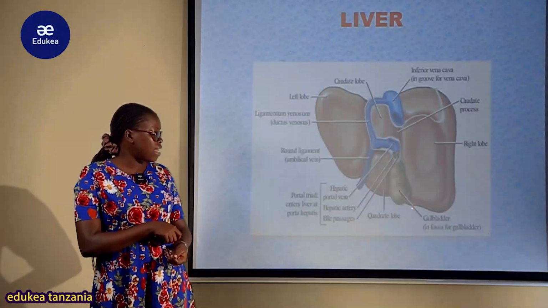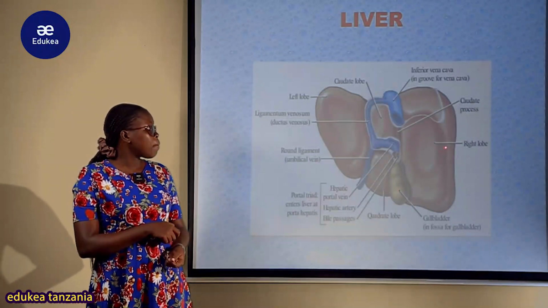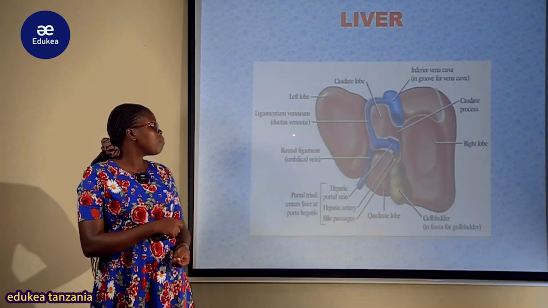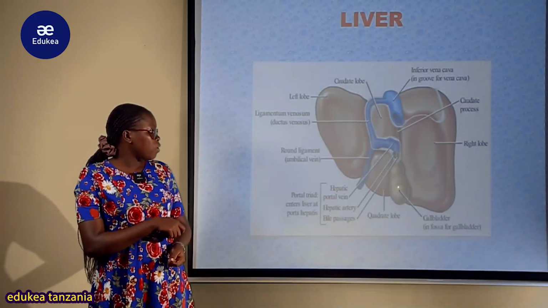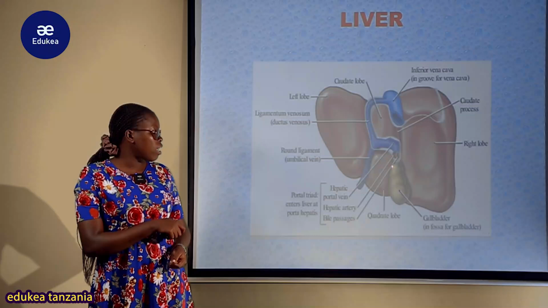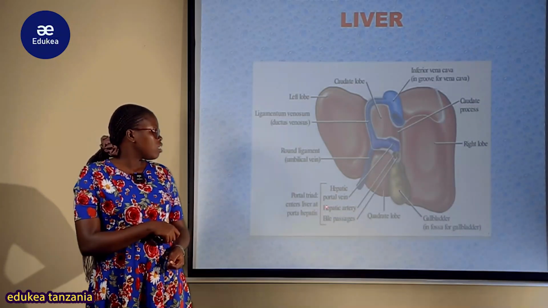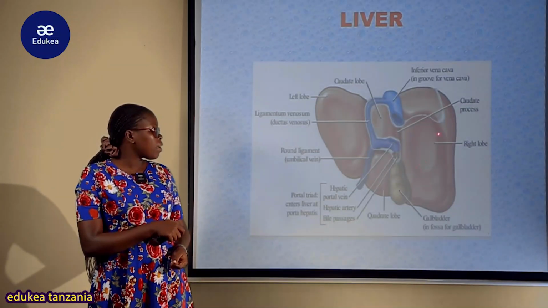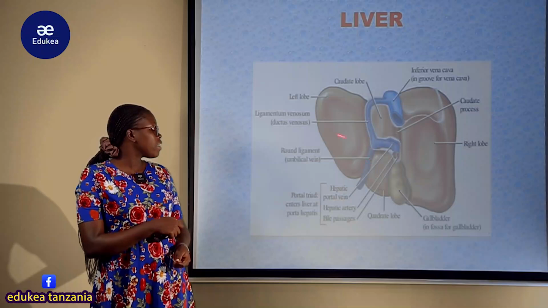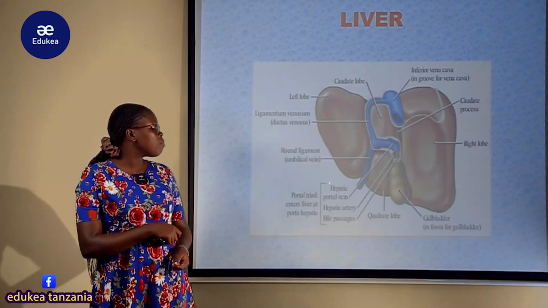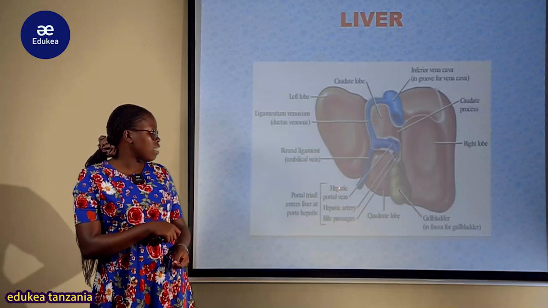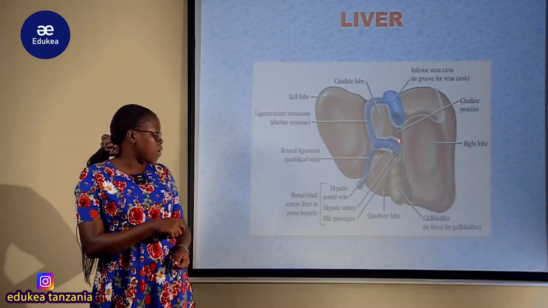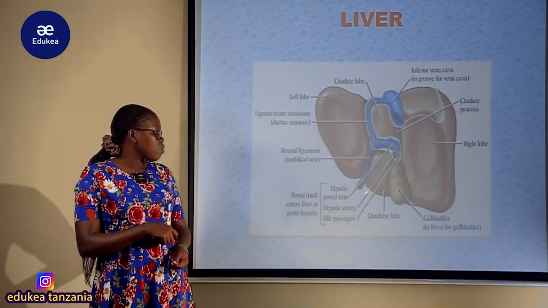So this is the gallbladder as you see here. Na hii hapa ni right lobe, hapa ni left lobe. Hapa ni caudate lobe. Hapa ndio gallbladder ambao within him kuna bile. Na hii hapa ni round ligament, this right lobe ya ini, hapa ni left lobe. So hizi hapa zituhusu sana, lakini the first one nataka tuangalie this bile bladder which are